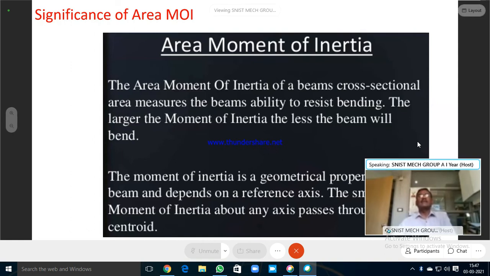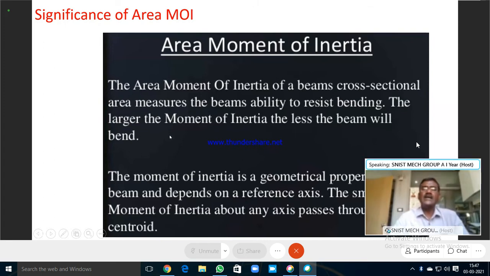That means you have minimum moment of inertia about the central axis when compared with the moment of inertia about any axis parallel to it. The central moment of inertia is always minimum. So to understand this, let me show a beam diagram. I hope all of you have noted down the first statement, that is enough.